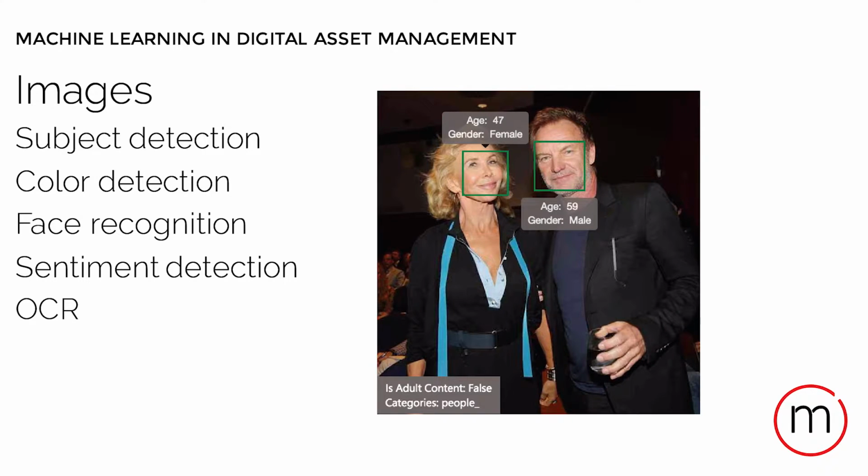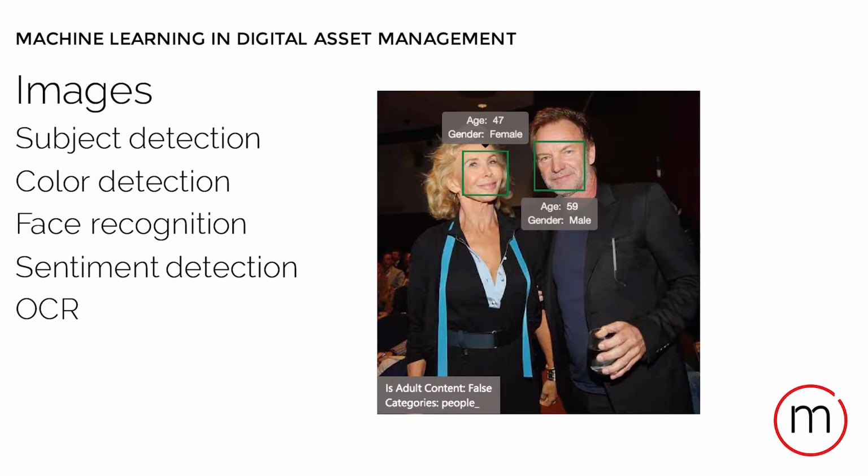Color detection, also something interesting. Try to find hotspot colors, background colors, to compare those assets together. Face recognition, something that you all know from iPhoto and those tools. There's two types of recognition. There's recognizing that it's a human and then trying to guess his age and stuff like that, and then recognizing an actual face, trying to see that it's Barack Obama on a certain picture. Sentiment detection, that's fairly new. See if a face is actually angry. And then there's OCR, also looking for text pieces inside of your pictures.